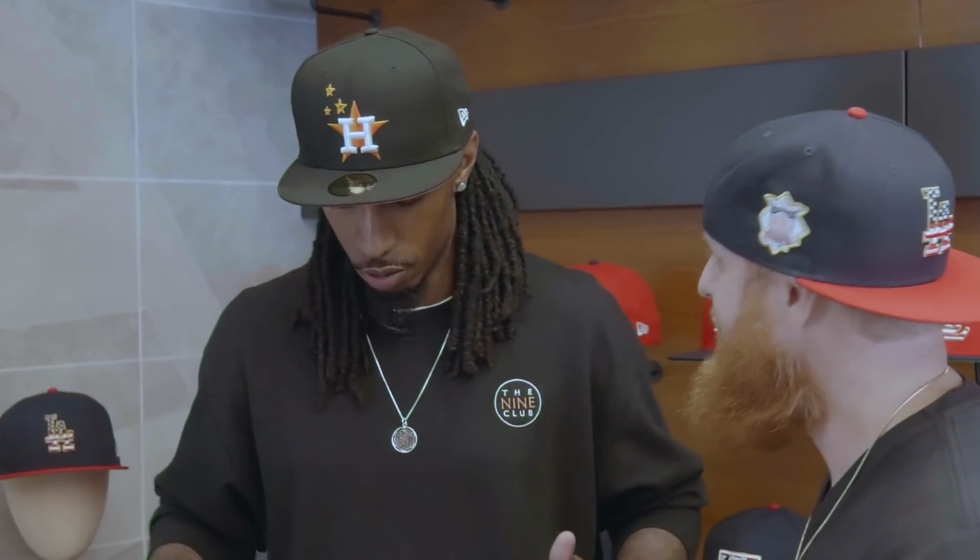Now you grew up in Southern California, right? Yeah. Because you say you played for the Mets and you're back at the Dodgers now. What does LA mean to you? It's home. It's such a Dodger town. Like I said, I played for the Mets and I was in New York, and when you play for the Mets in New York, it's a Yankee town. You know what I mean? Especially the last 10, 15 years. So to come to LA and to have it be a Dodger town, no matter what time of year, whether it's in the middle of the season in July